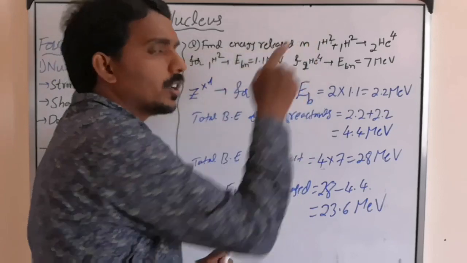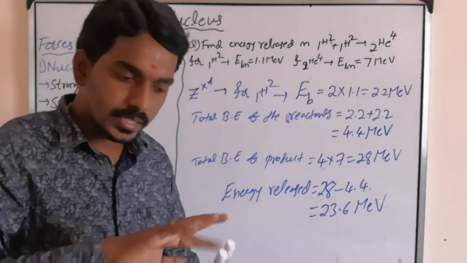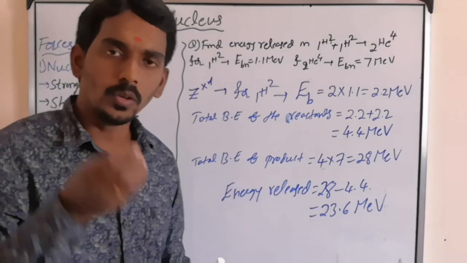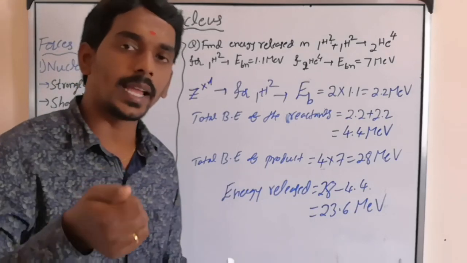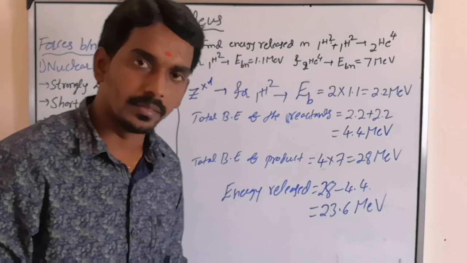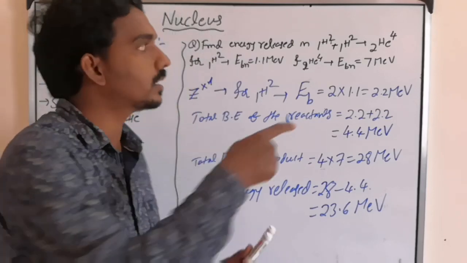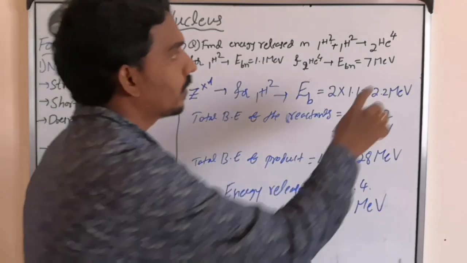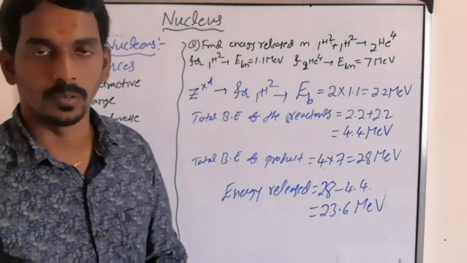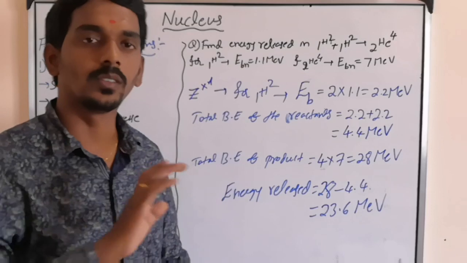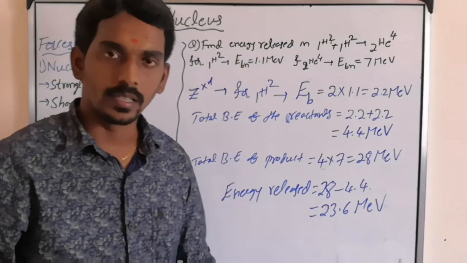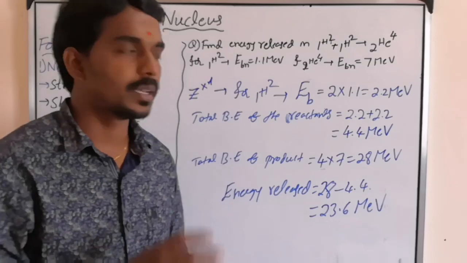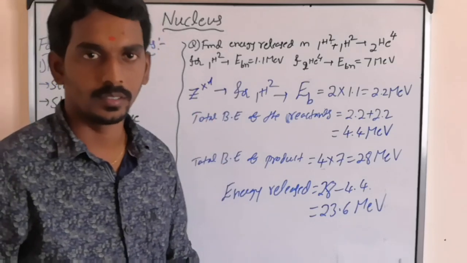Now they will also give the 1H2 actual mass. Then subtract them. Then you will get the mass defect. If you multiply that with 933 or 935, then you will get the binding energy of this in terms of mega electron volt. Similar way for the product also. So depending upon the given question, like in the last session, you have solved some assignment questions based on the same kind of thing.